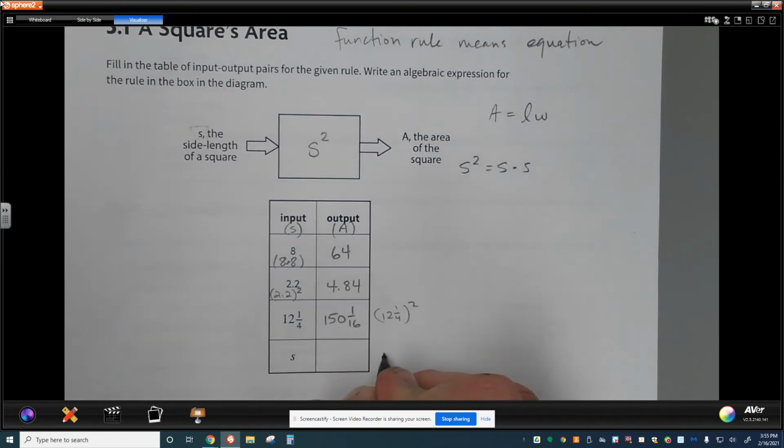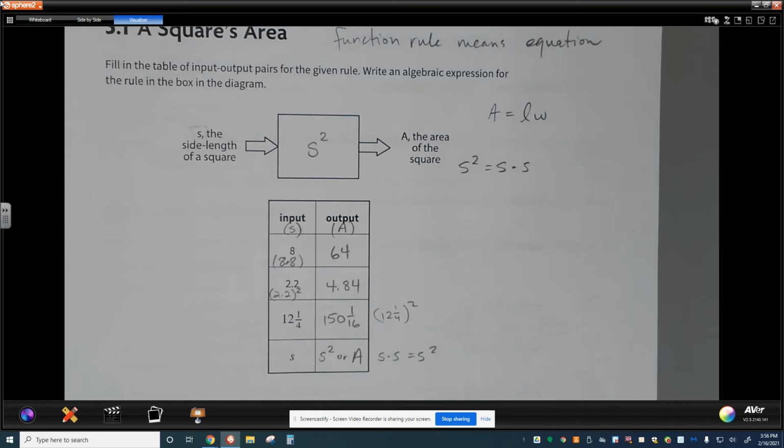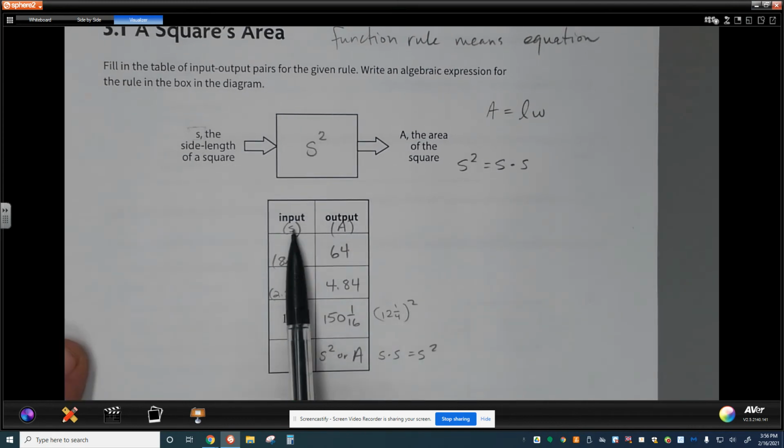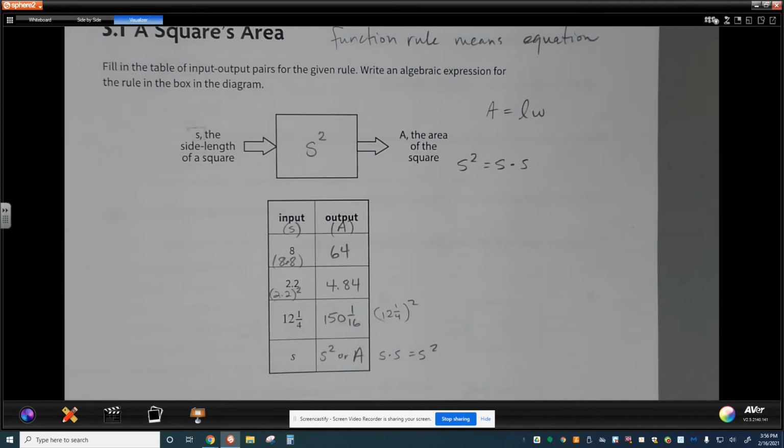And S to the second power would be S times S, which is S squared. And so we would simply say S squared, or capital A in this case, because that was the area and that's what it represents. So that we see, when we understand the rule inside, we can go ahead and work with the input, and then we can determine what the output is, and what we need to realize with this, is that we have input terms and output